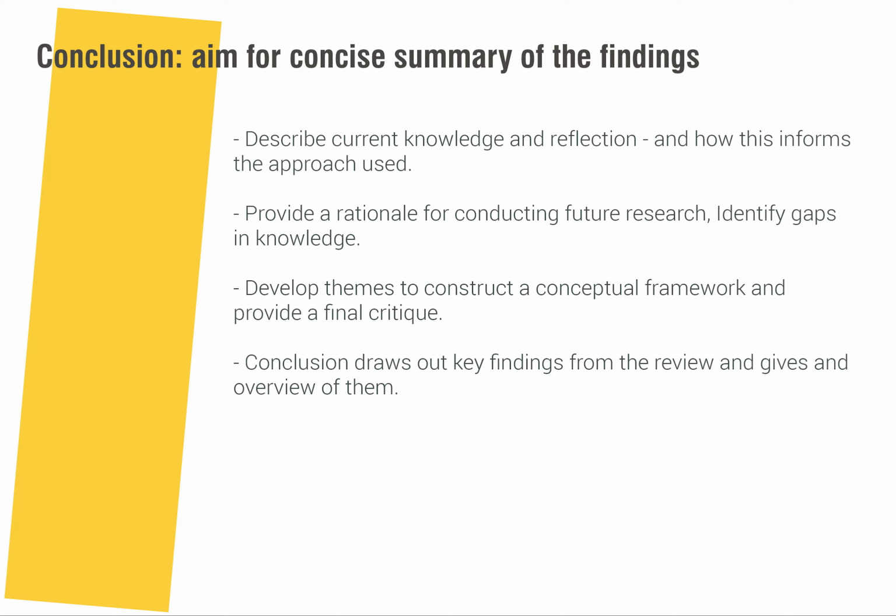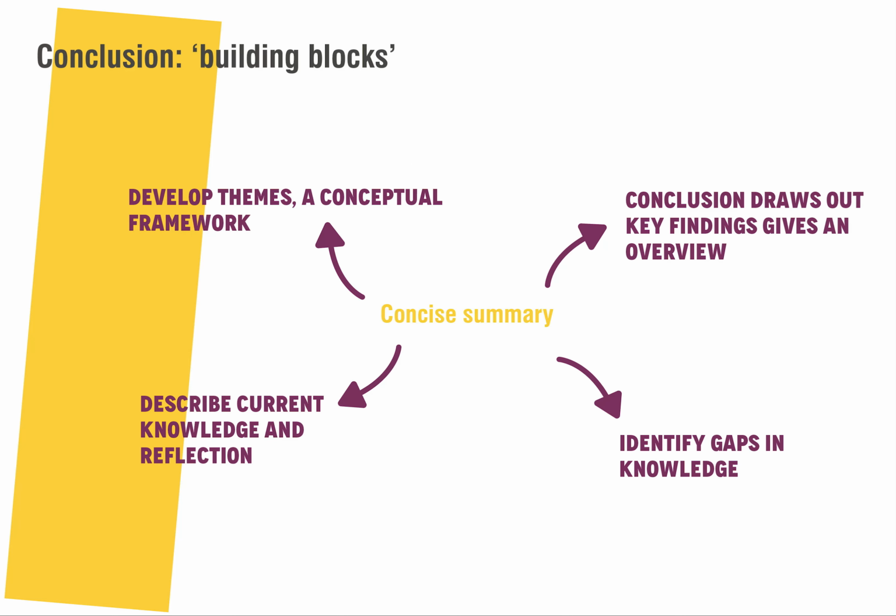And of course, you really want to make that able to absorb very easily and quickly if you're a reader. So you might, for instance, want to actually list some of your key findings at the end, if that's appropriate. So to go over that again, here's a diagram of the elements of the final conclusion in your written literature review. So basically it's a concise summary which develops themes and may provide a conceptual framework, provides conclusions and key findings in an overview, identifies gaps in knowledge, and also describes current knowledge and your reflection on that,